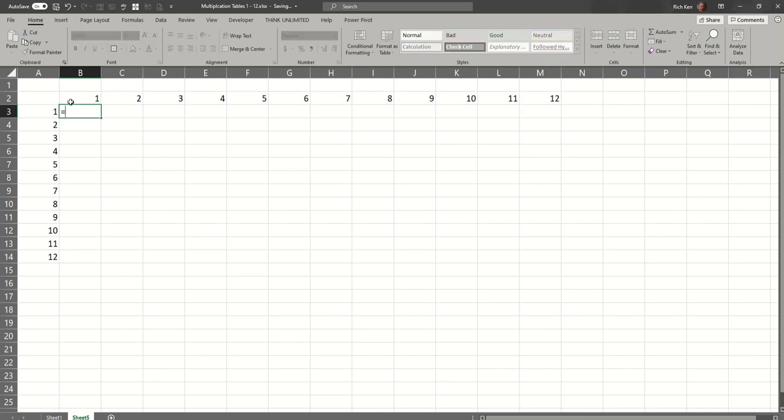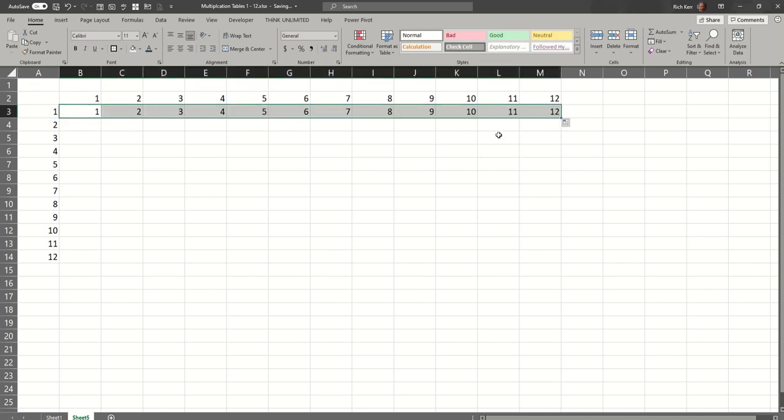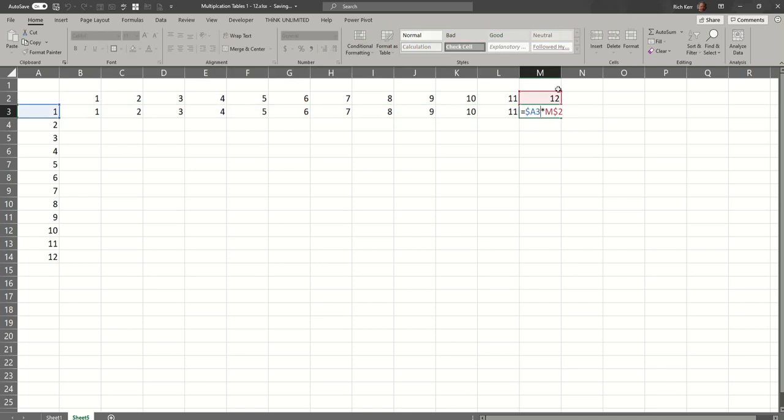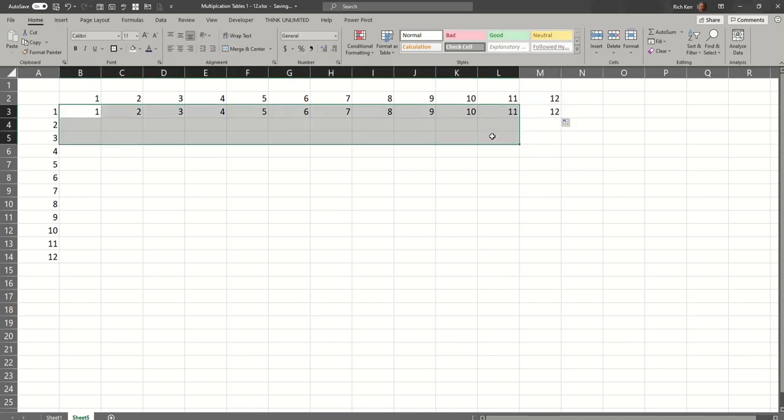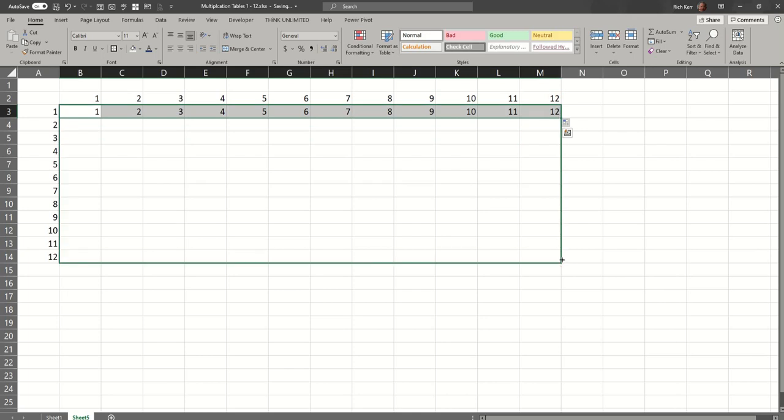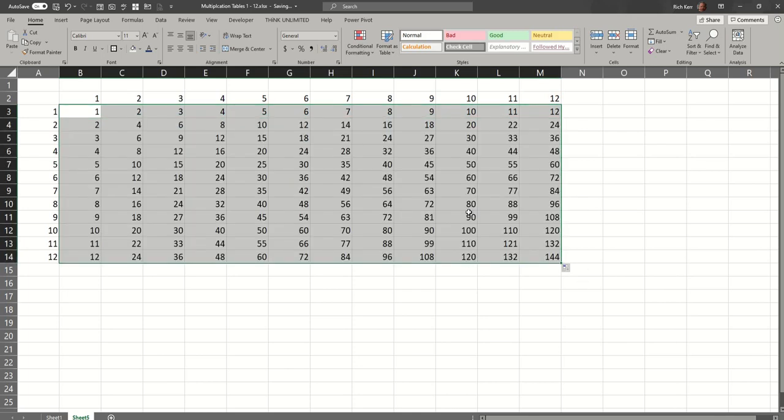And then our formula is simply we're going to take this value and we're going to lock the reference to column A, right? Because that's where those factors are. And we're going to multiply it by what's in cell B2. And we're going to lock the reference to row 2, right? And so that gives us the 1 multiplied by 1. If we were to drag that across, we have 1 multiplied by all those factors, right? All the way out to 1 multiplied by 12. And then we can simply select the whole row and drag it down, right? So that gives us the entire